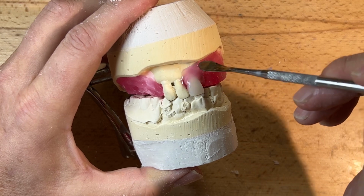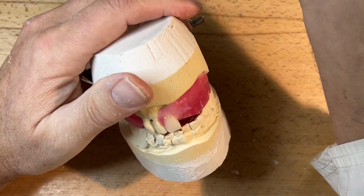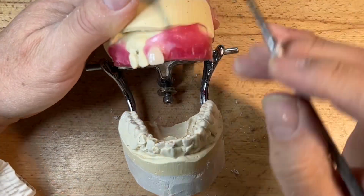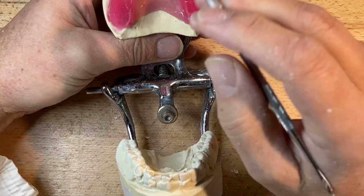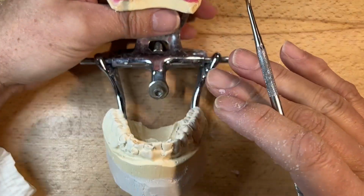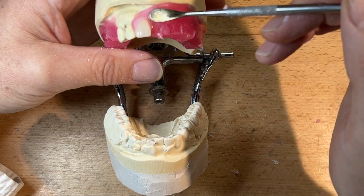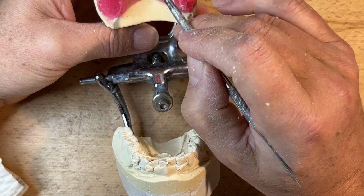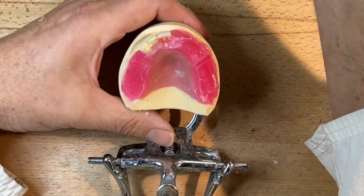And this was obviously parallel to the Camper's plane, or the ala-tragus line, if you want to call it that, and or the interpupillary line of the client. Okay, we have a mandibular dentition that dictates a lot of the plane of occlusion, but this was done pretty horizontal in the past, it seems. It wasn't a sagging posterior occlusion or declining away or even conversely lifting up. So when we used a Fox plane, we didn't have much to do because the lower dentition was pretty spot on. I mean, parallel to Camper's plane and the, I'm sorry, I got off screen there,